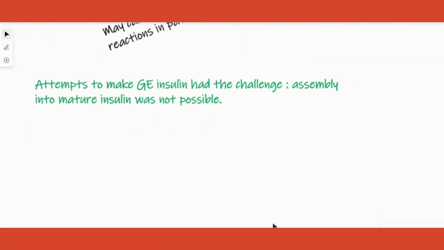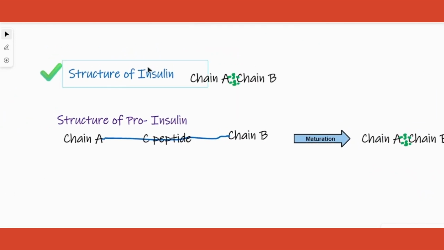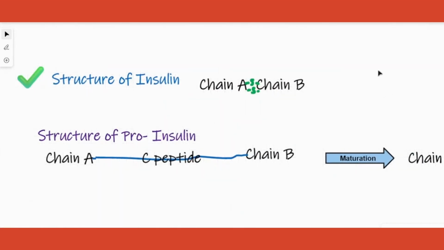Therefore, attempts to make genetically engineered insulin were made, and it had many challenges. One of them was that assembly into mature insulin was not possible. To understand this statement, we should know what the structure of insulin in our body is and how it is initially produced. So when we talk about the insulin structure in general,